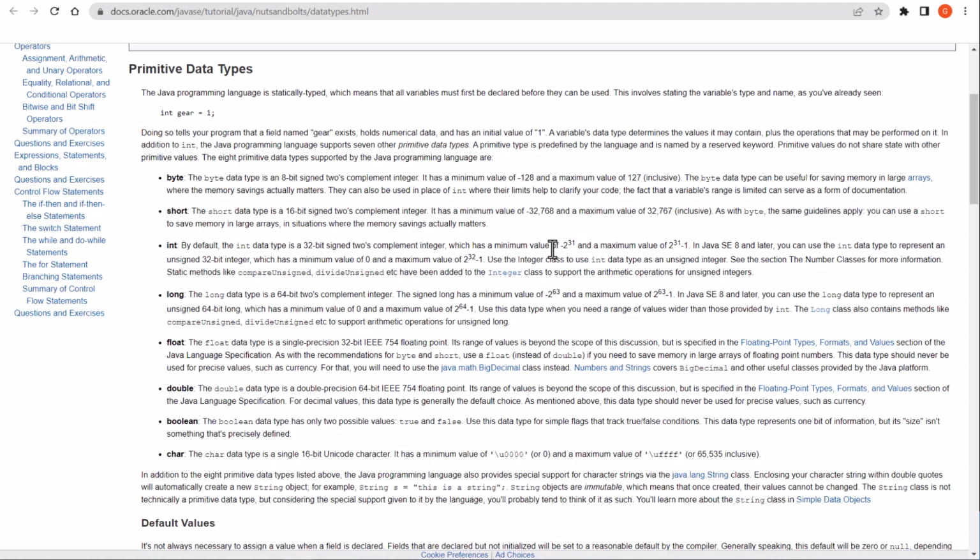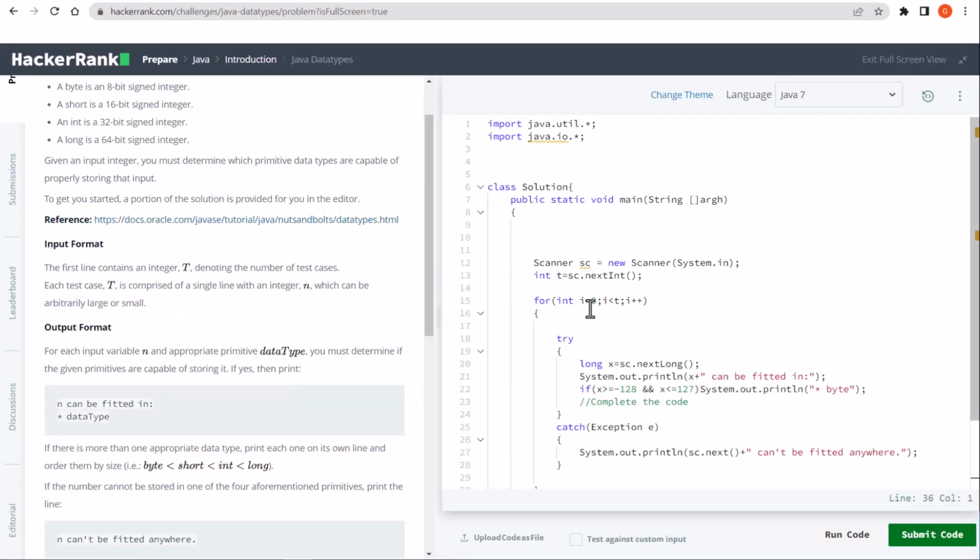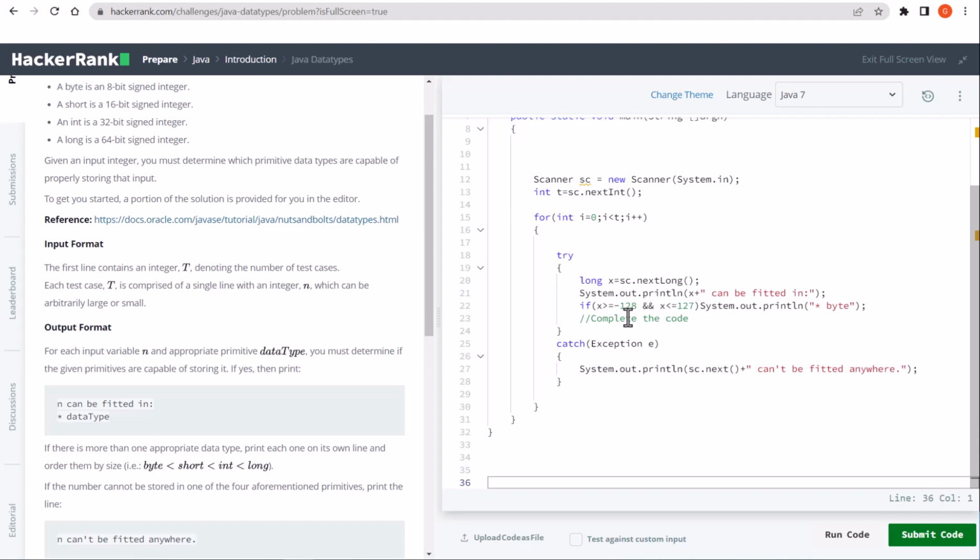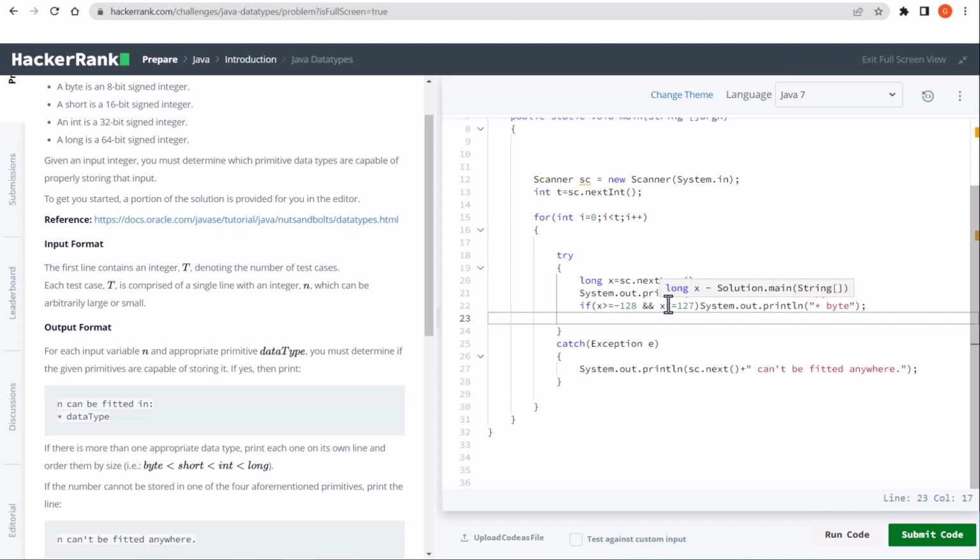And int is 32-bit, so minus 2 to the power of 31 and a maximum value of 2 to the power of 31 minus 1. Long is also minus 2 to the power of 63 and 2 to the power of 63 minus 1. I think the problem can be solved using a lot of different methods. Here we have to start our coding. I think we can use Math.pow, but for simplicity, I'm going to use the MAX and MIN values to determine